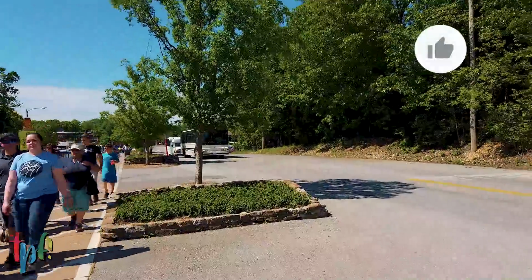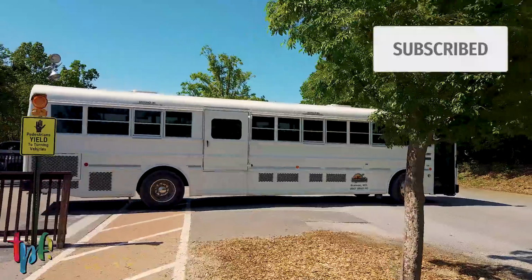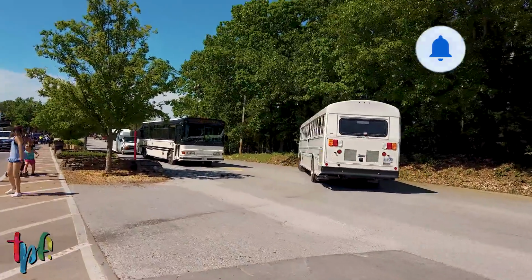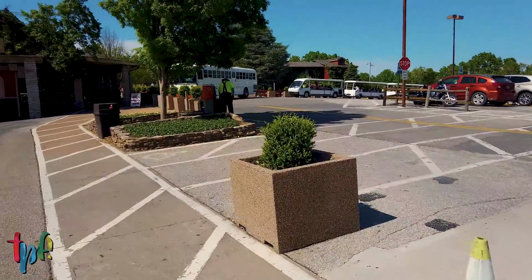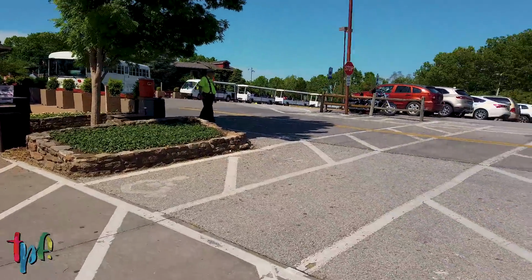Yeah, Silver Dollar City never had buses like this back in the day. Look at that bus. That thing's awesome. And there's another bus over there trying to turn. All right, this is definitely different. The uniforms that they used to wear in the parking lot that I used to wear were brown polyester, very much like,